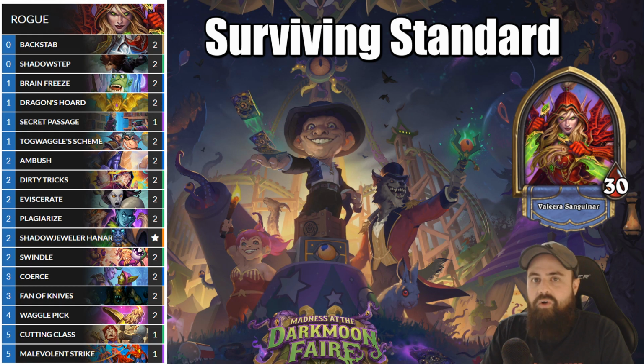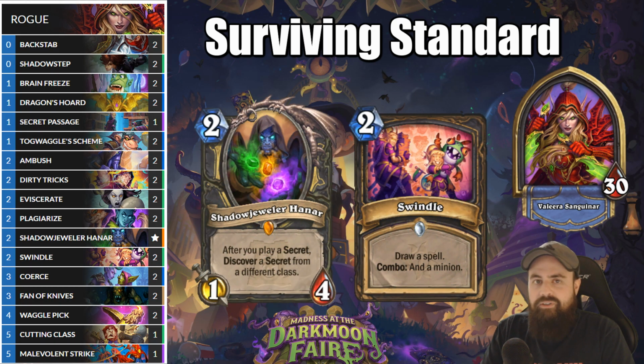Today's deck is called Only Hanar Rogue. After looking at the new rogue cards from the Darkmoon Faire, the one that caught my eye the most was Swindle, the 2-mana spell that draws a spell from your deck, and if you comboed it, also draws a minion from your deck, basically giving us 3 pseudo copies of the same minion if it is the only minion,